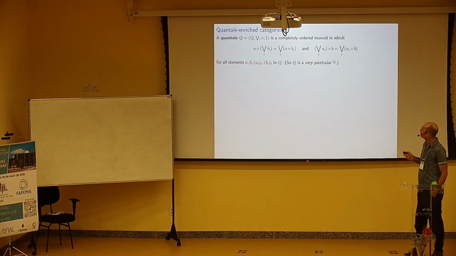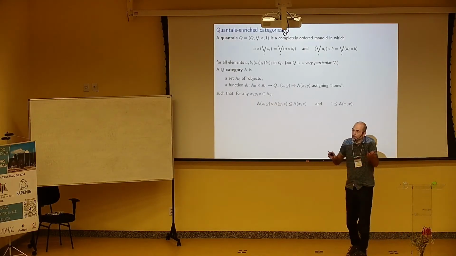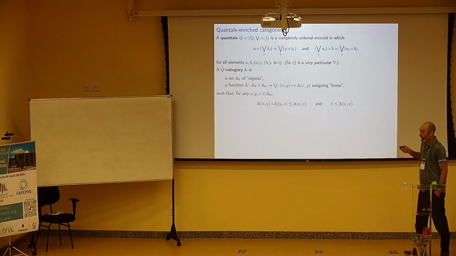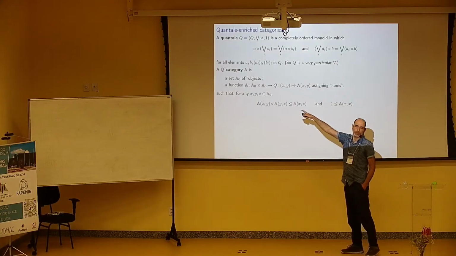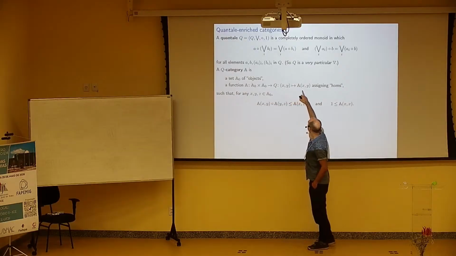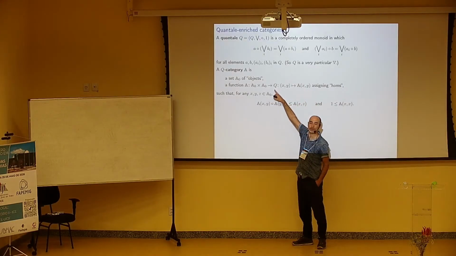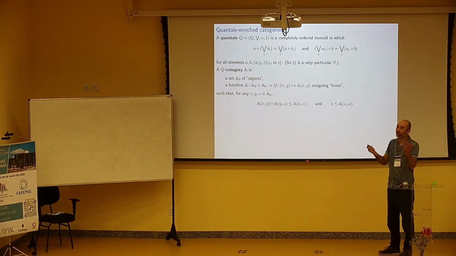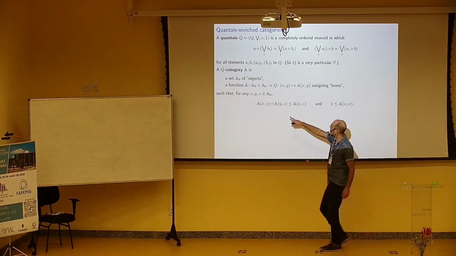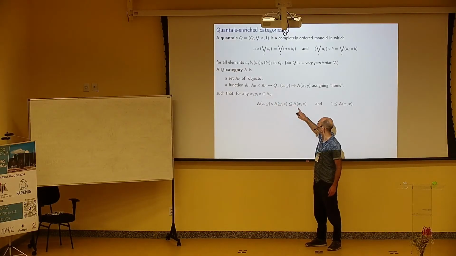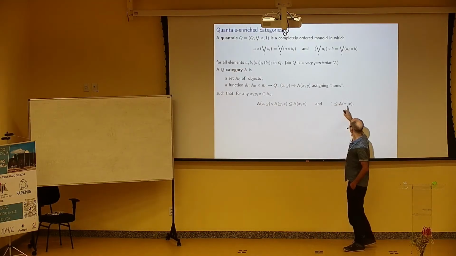So what is a Q-category? I'm repeating the definition of V-enriched category, but in this particularly simple case. A category has to have a set of objects. All my categories are small. It has to have a Hom function. For any two objects, I need to compute a Hom in the base quantale. A category has to have a multiplication or a composition law. This is the composition law written in a posetal base, right? So it's like transitivity for the ordered set, and it's triangular inequality for the metric spaces. And it has to have units,